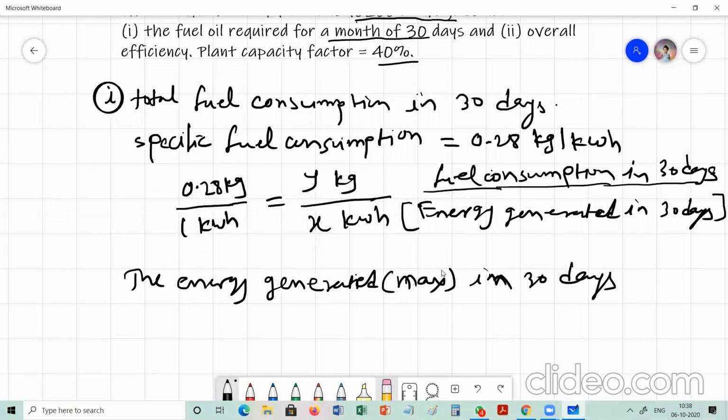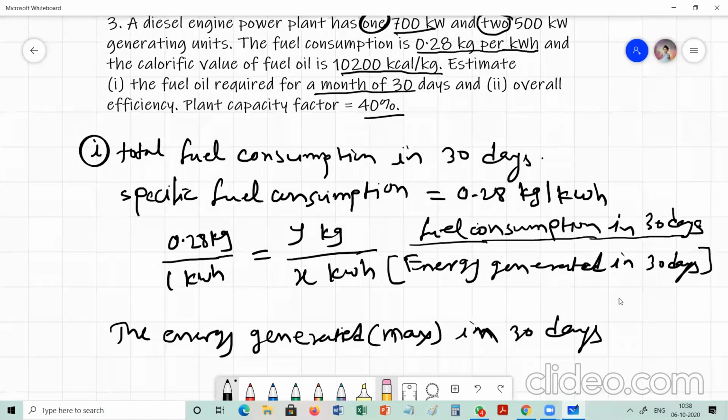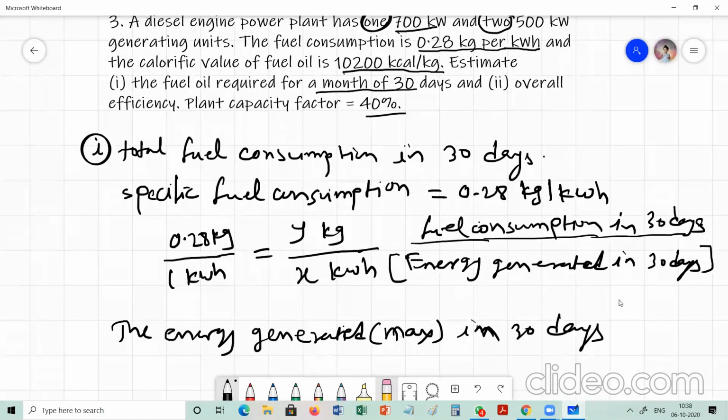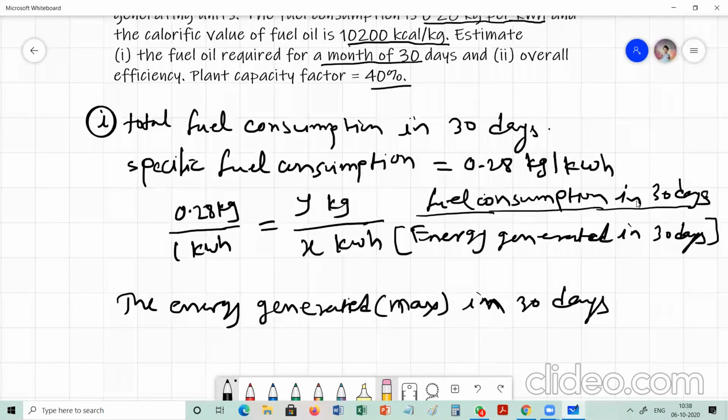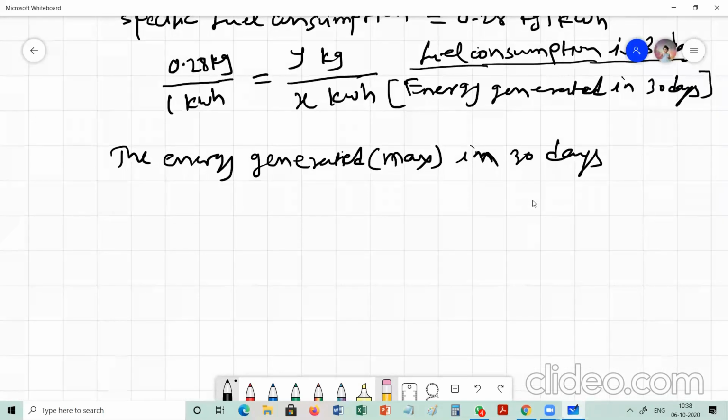Maximum energy generated is when the power generated by the units will be maximum. Means what, they will utilize their full capacity. They are given one unit of 700 kilowatt and two units of 500 kilowatt. Means what, at any time they should develop power equal to 700, and two units will generate power equal to 1500. So it is equal to plant capacity, full capacity, into number of hours